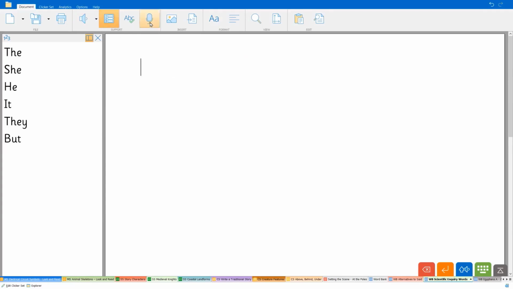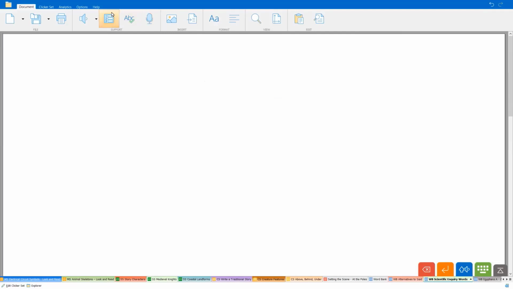So we do have a couple of other features. When I showed the talk sets and the ability to record ideas verbally, we can also do that within the document. So we can have voice notes connected to the document, not just the talk sets. So we can have it here. But moving on to some of the options that Erica just mentioned, if we pop into the options here,